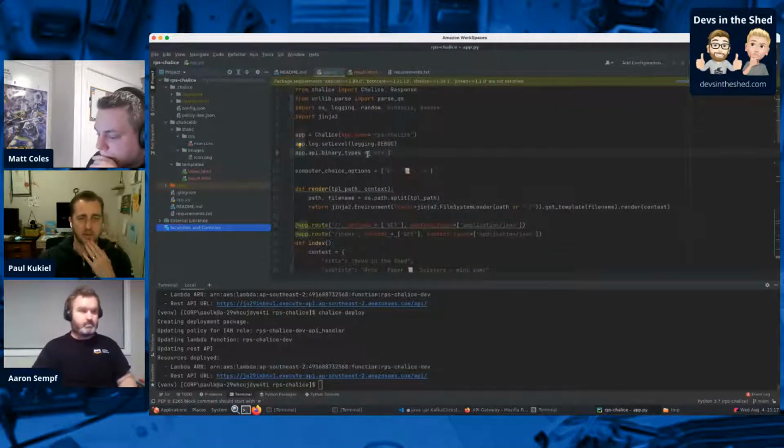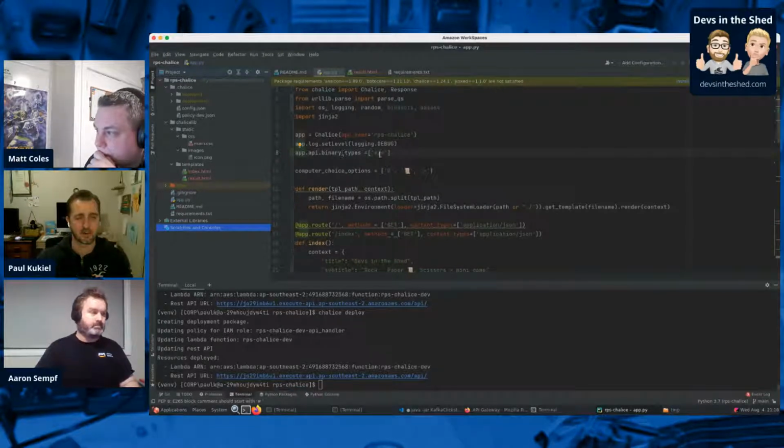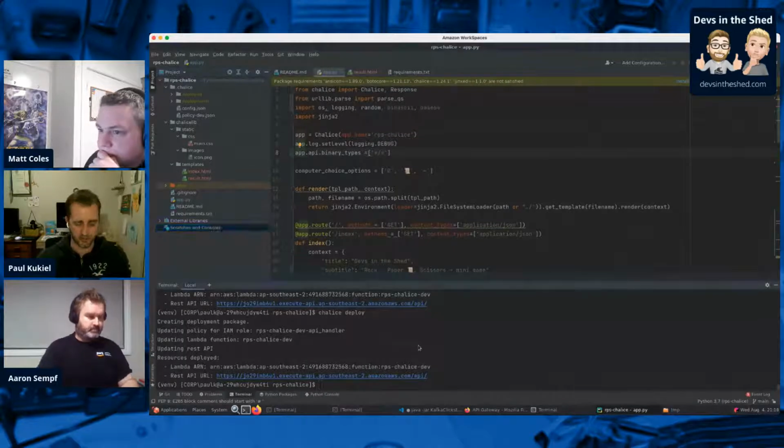Now, you can basically wildcard everything to send every request back as binary by changing this. And so if I go chalice deploy here,